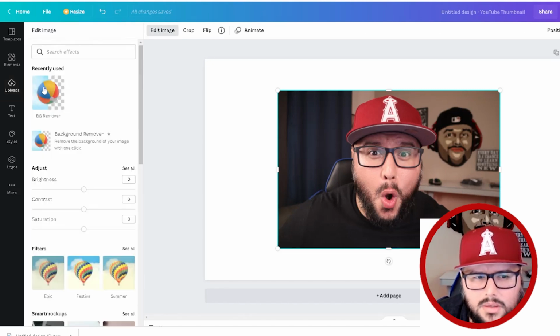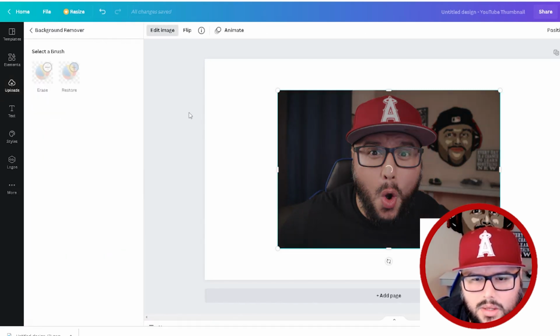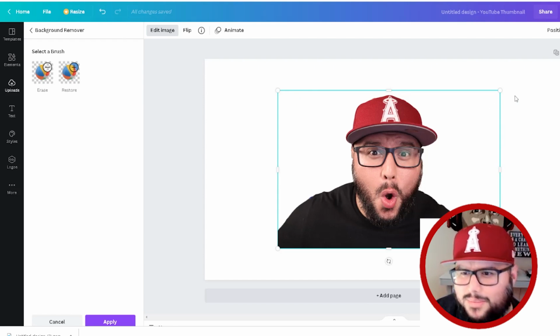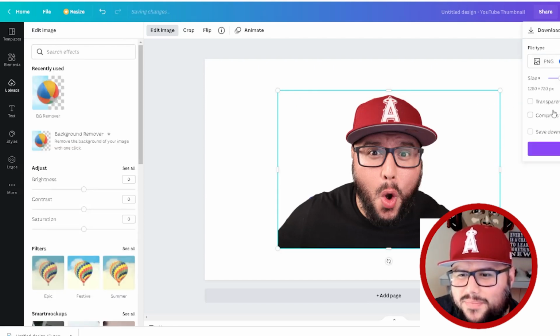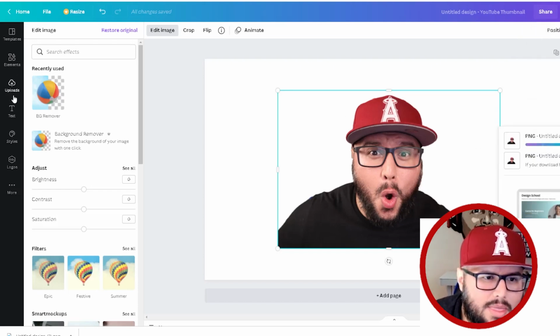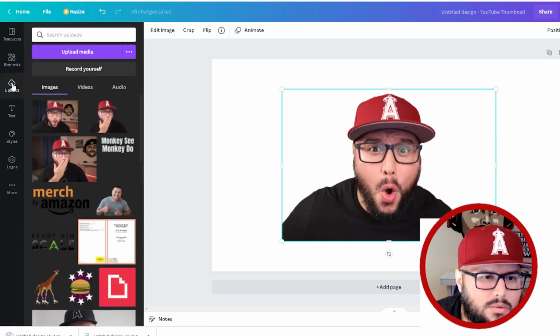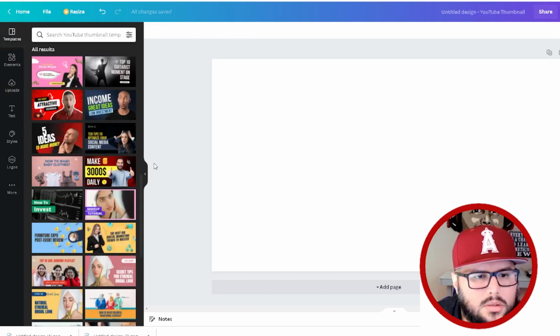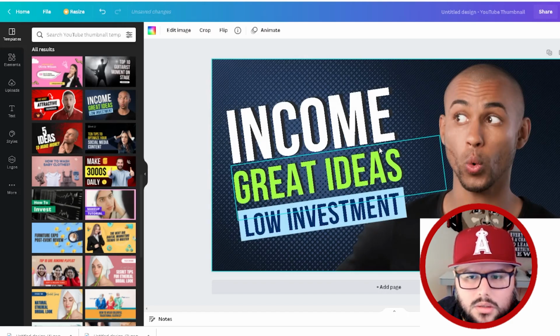Just click on that edit image without bringing it all the way zoomed in because it's cutting off my hat when I stretch it out a little bit. Boom. That's what I'm talking about. All right. So I'm gonna go ahead and save it with the transparent background. It is downloading, and then I'm gonna come back over here to the uploads, and I'll make sure I have this in here. You never know what you're gonna need it for, so it's good that you have it in there. Okay, grab that,